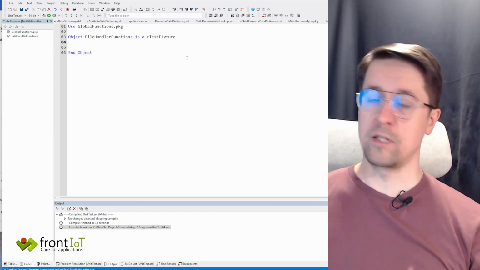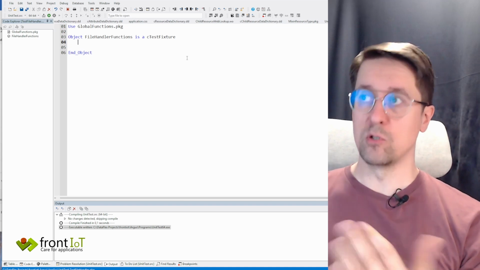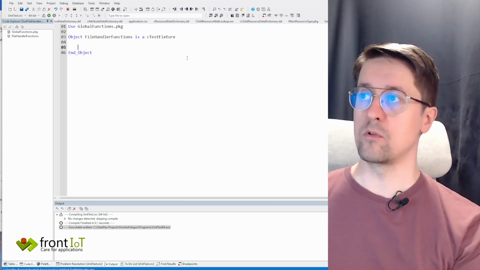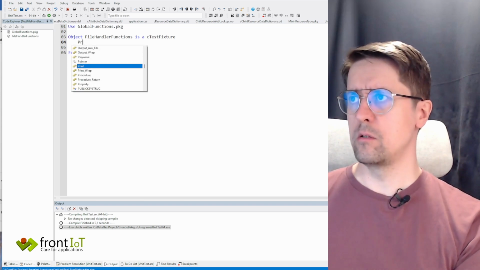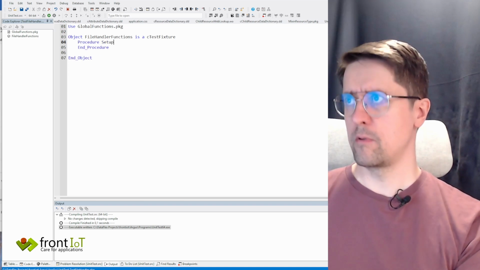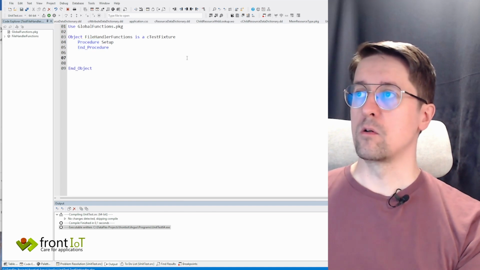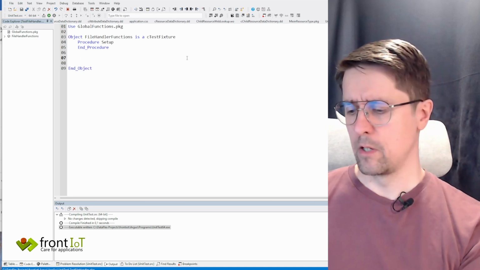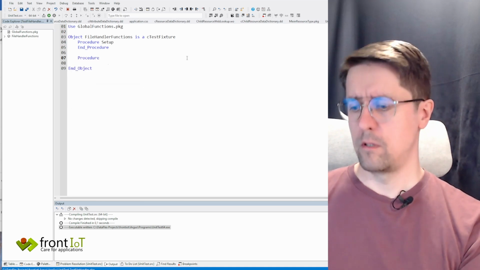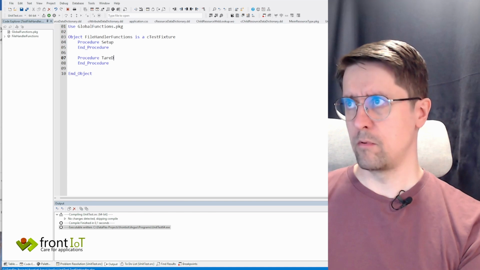So we can actually test multiple different things and have multiple tests inside of each of those things. And this one has a procedure setup. It gets called if you want to set up something, and you probably need a procedure teardown